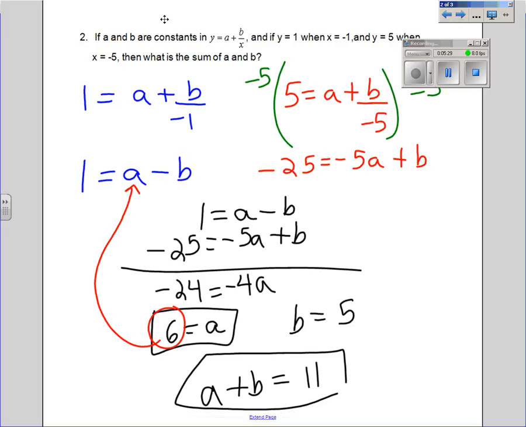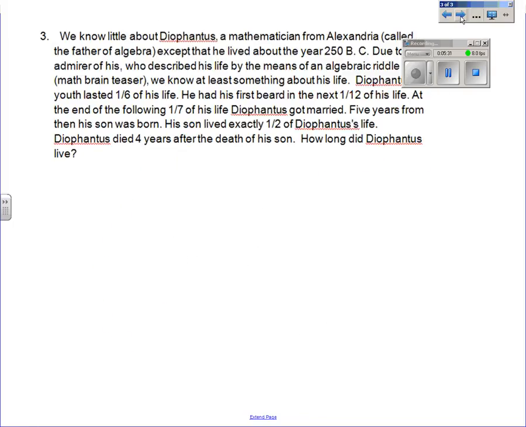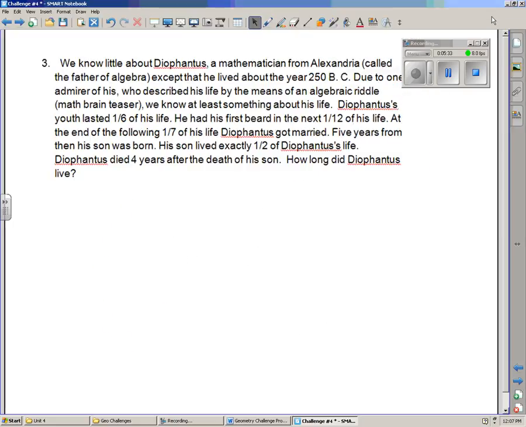Okay, last one. So a lot to read here, but bottom line, there's a mathematician who lived back in 250 BC. Due to an admirer, he decided to describe his life as an algebraic riddle. So we want to find out something about his entire life. It's telling you about portions of his life. So if we let x be his total life,